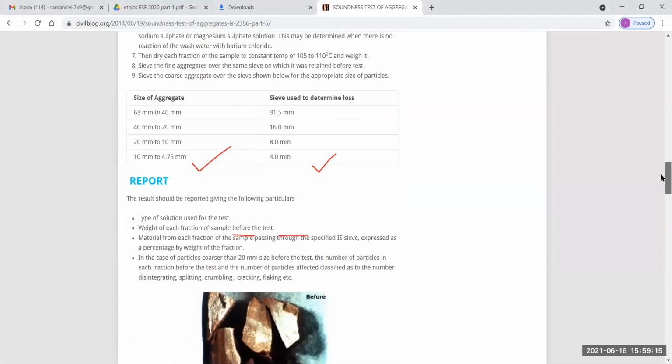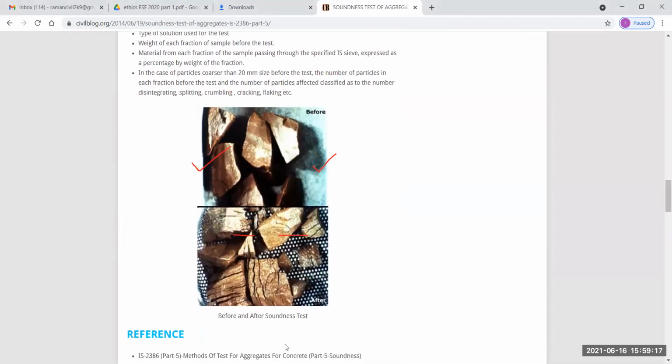Next one is here. Please see here. This is the condition of your aggregate before the test, and this is the condition of your aggregate after the test. So basically, if we perform a 5 to 10 cycle test for an aggregate, you will observe